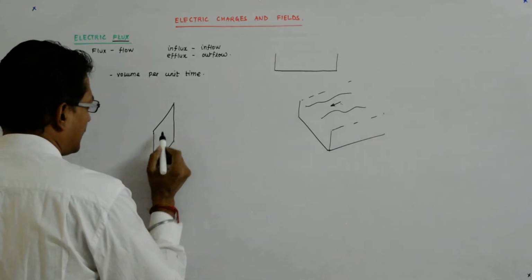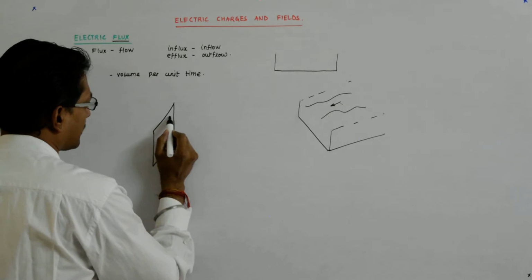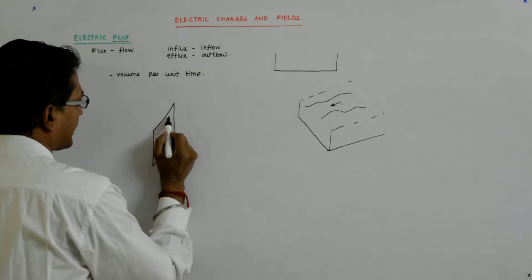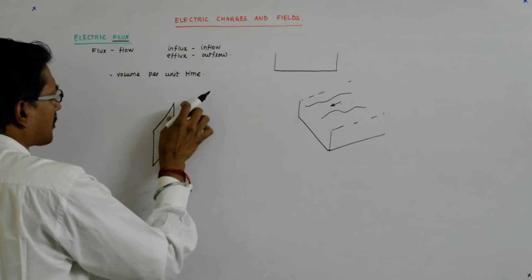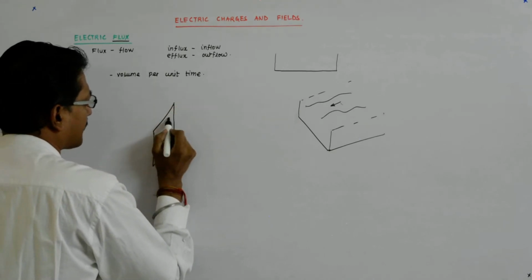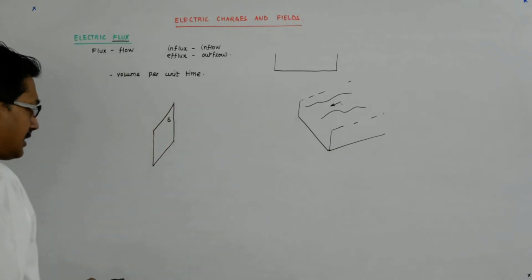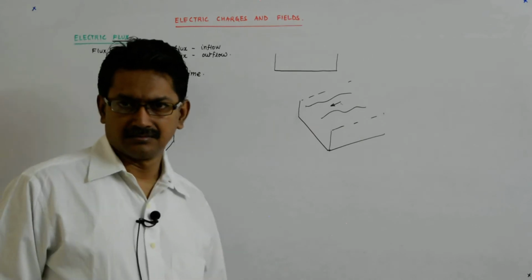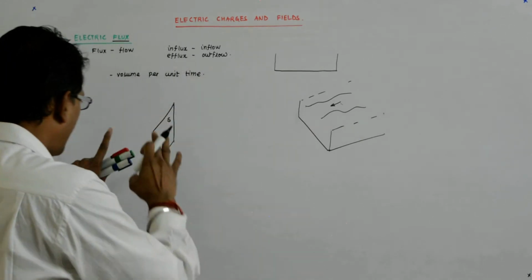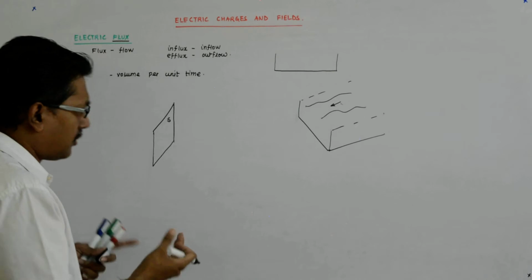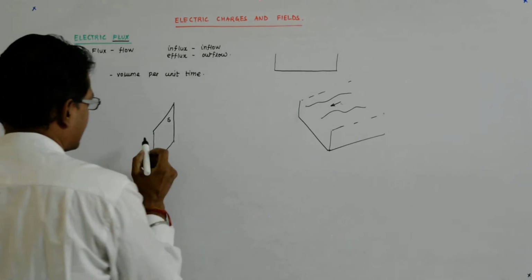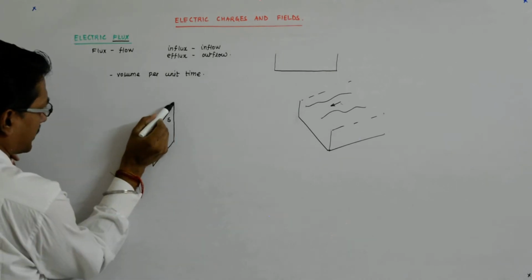Let it be A, or better still, the convention that we use in physics, let this area be S. So this is a window, a rectangular window, which looking like this is kind of showing to be,